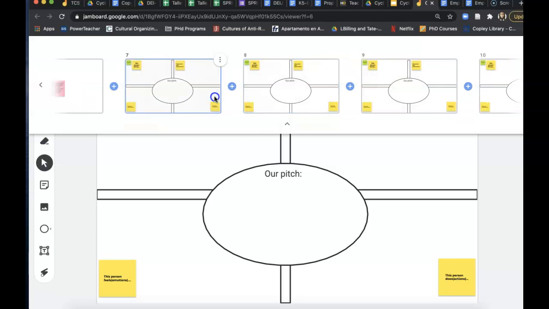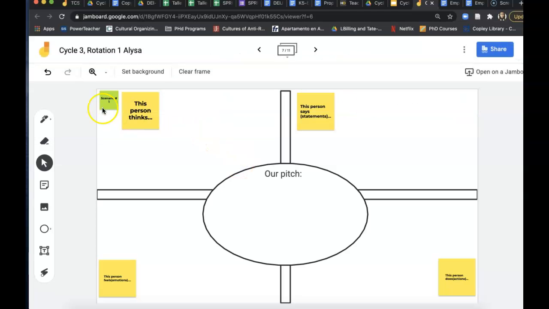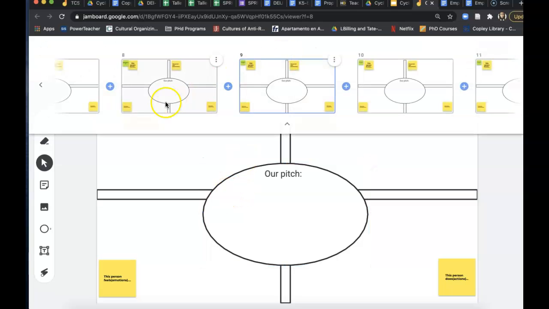For example, breakout room 1 would be on slide number 7, scenario number 1. Breakout room 2 would be scenario number 2. Breakout room 3 would be scenario number 3, and so on and so forth. And what they're doing in that time is trying to pitch an idea for that scenario. However, their idea has to be based off of the